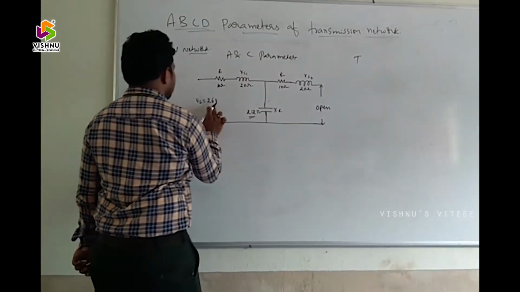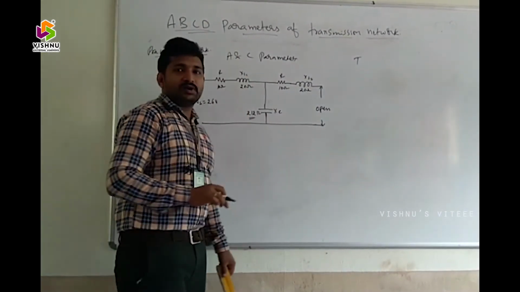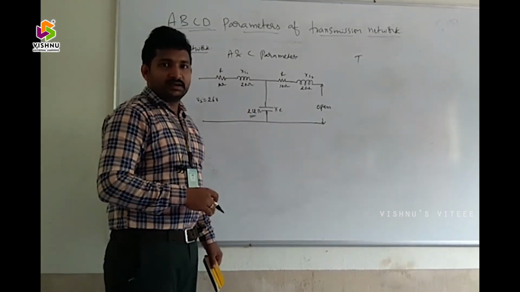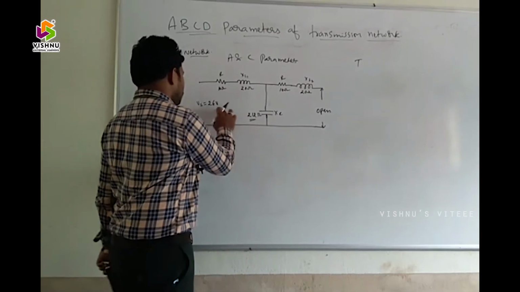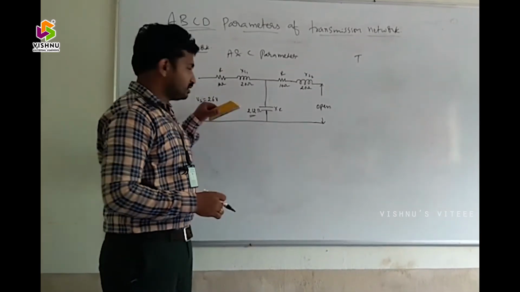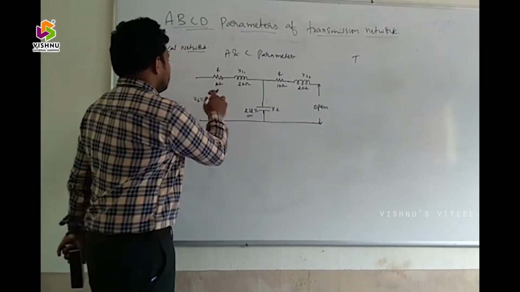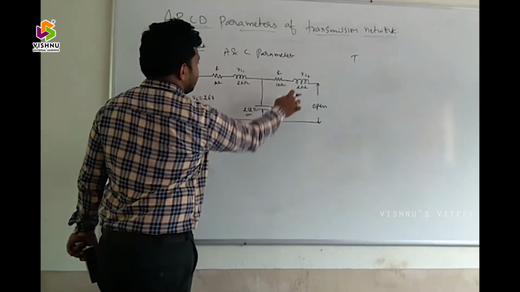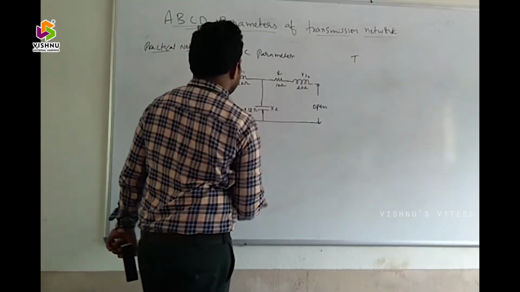Okay. The sending end voltage is 26 volts. Usually we will have a small alternator in our kit. We will generate below 30 volts. So we are using one of the phases, that is 26, or sometimes 28. When we are doing the practical calculation, this is open circuited, so this can be eliminated.